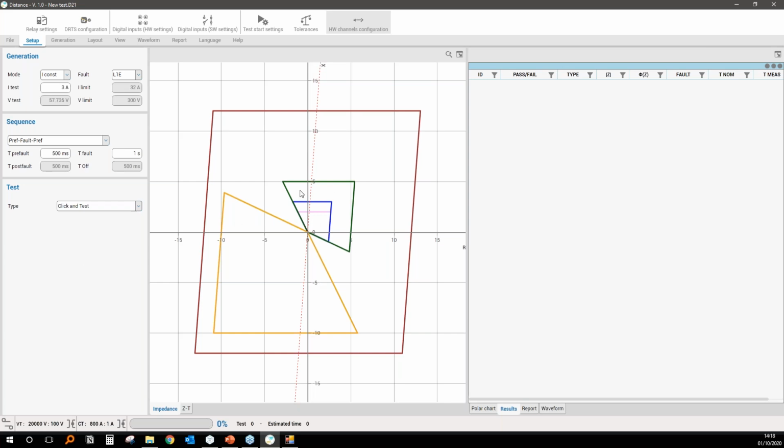The characteristic is here, and now I have to test the characteristic by selecting the test type here in this combo box. Click and test is the fastest and easiest way to test your relay, because you click in the characteristic, and if you are connected to the instrument, the current and voltage are immediately generated, and you see in the